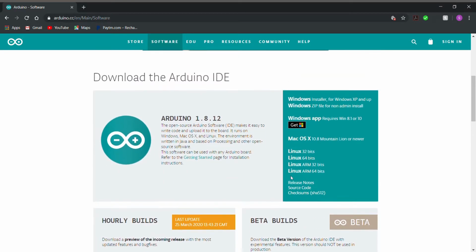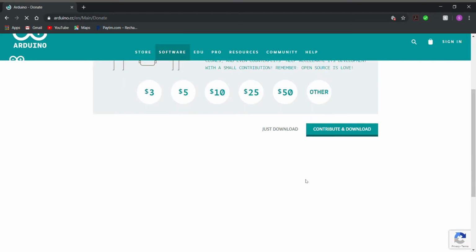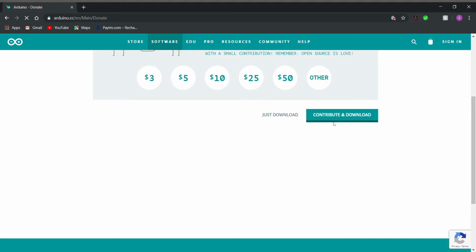So if you have Mac OS, you can just download it from here. If you have Linux 64 or 32, it is up to you. Well, I have Windows, so I just click on Windows. So here, just download. Don't pay for it. It's not paid. Just download,